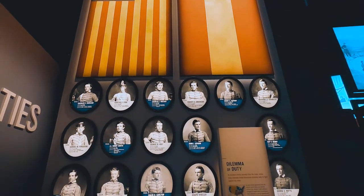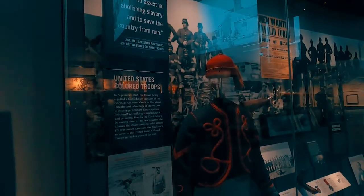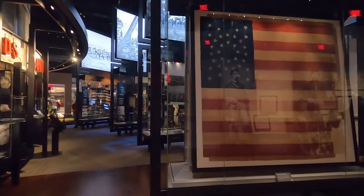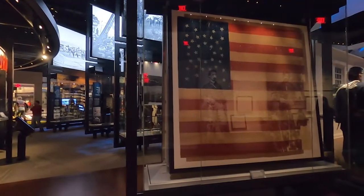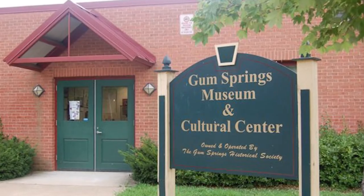To learn more about the Civil War history, you can learn about the minorities who supported and fought in the war by visiting Gum Spring, one of the oldest African American communities in Fairfax County, which is about 15 minutes down the road. One of the things that makes the National Museum of the United States Army special is that